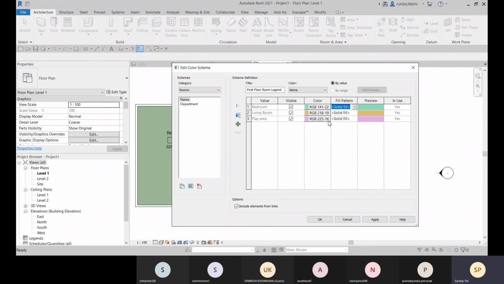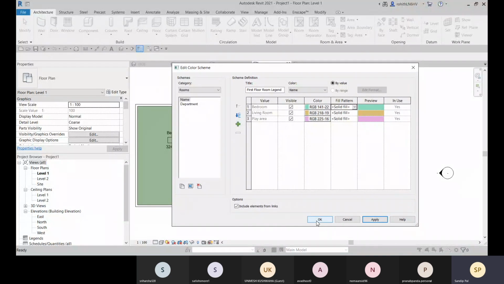Can apply some pattern. Okay, so you can see it in the preview. And if you apply solid fill, you will get this solid fill color. And here you see that these are in use right now.